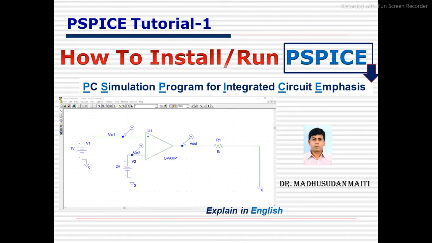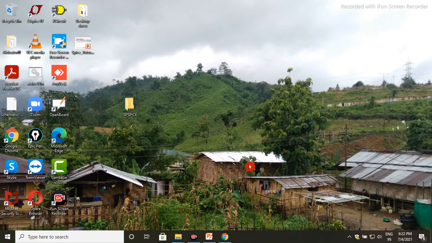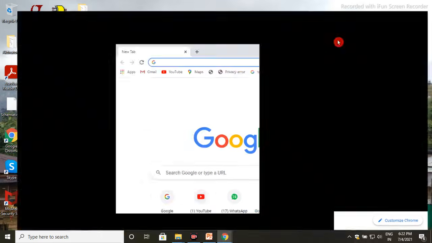Now, let us go through how to download the PSpice 9.1 version. It is mainly the student version, and we will see how to install it and run it on our PC. First, we will download PSpice 9.1 from the Google search engine.